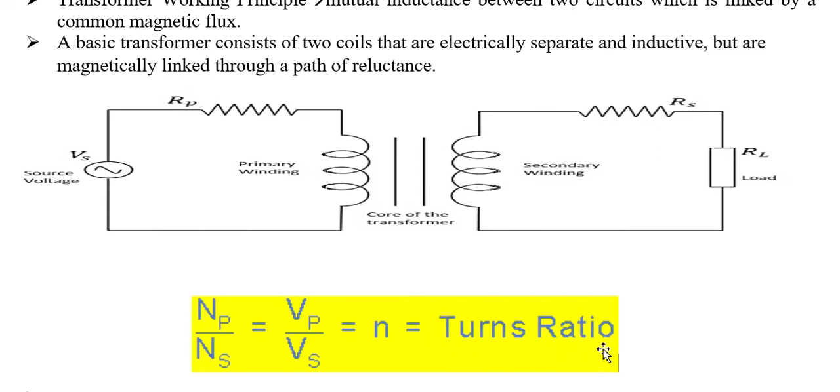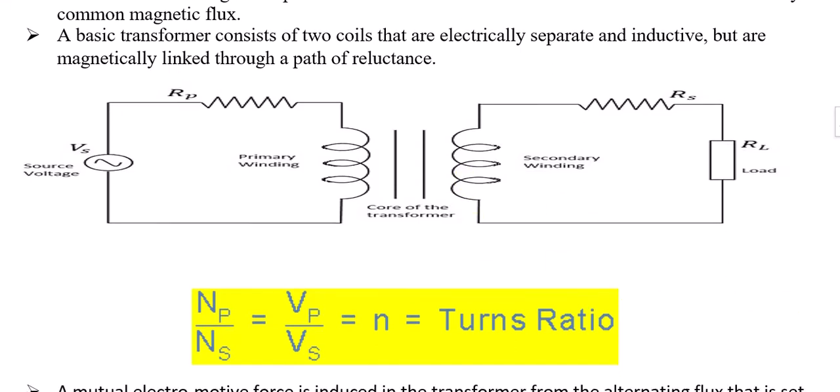So here we will come to know, if we divide this, how many turns should be there with respect to primary and with respect to secondary. Means if we know all these parameters, then we will be able to calculate how many windings or turns should be present in the primary coil and how many turns should be present in the corresponding secondary coil in the secondary circuit. So this is how we are able to calculate the turns ratio. I hope it is very clear now.